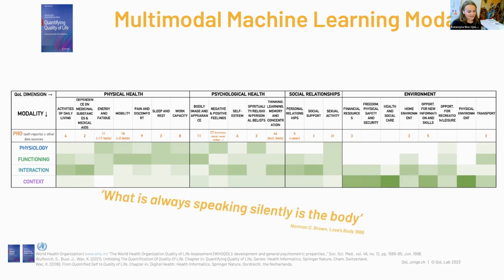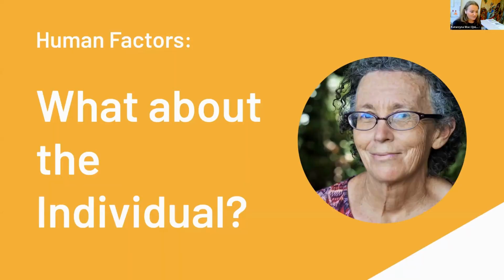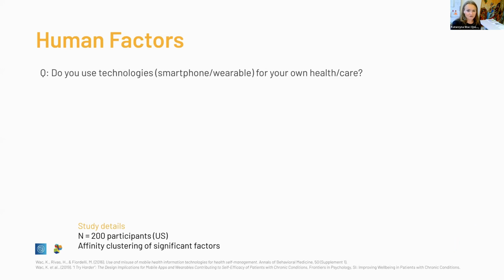And that was also what is always speaking silently: the body, biasing the data sources to physiology, functioning, interaction, and just on the devices, on the body, the smartphone and the tablet, but nothing else. It's really how the body speaks by interacting. But I really would like to emphasize here that we need to really take care of the individual, and there are a lot of human factors which will then influence our